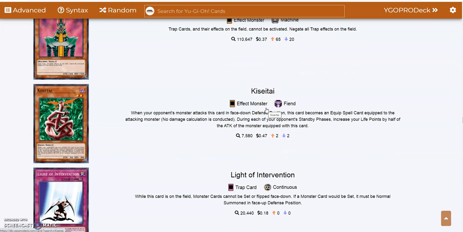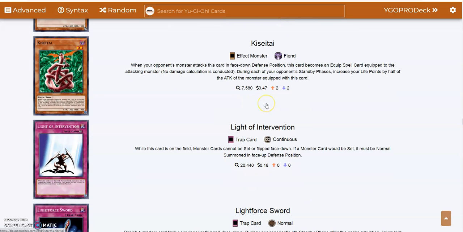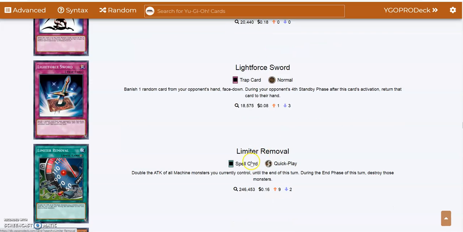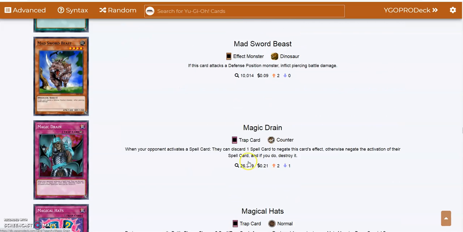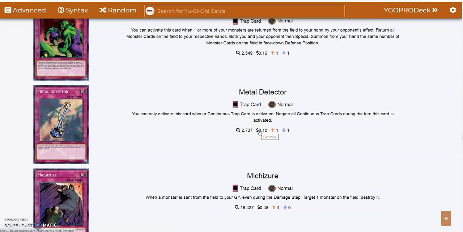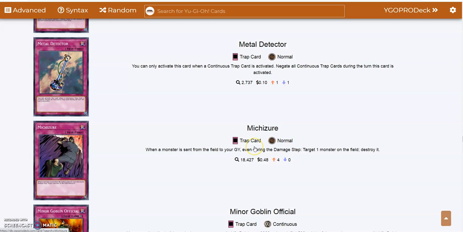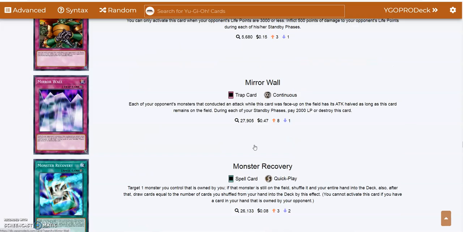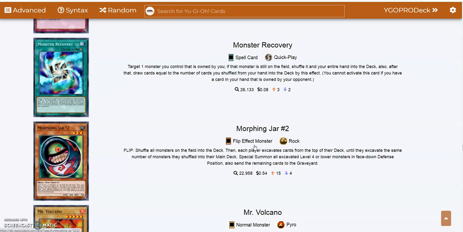Island Turtle, Jinzo, love this card in Goats, Kasite, I'm not going to get that right. Okay, again, can we have English, please? Light of Intervention, Life Force Sword, Limiter Removal, Mad Sword Beast, Magic Drain, Magical Hat, Major Riot, Meteor Detector, Michizure? Yeah, sure. Minor Goblin Official, Mirror Wall, Monster Recovery, Morphing Jar number 2, and of course you don't have Morphing